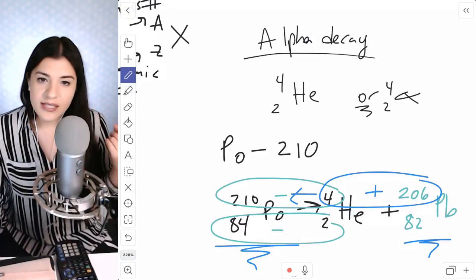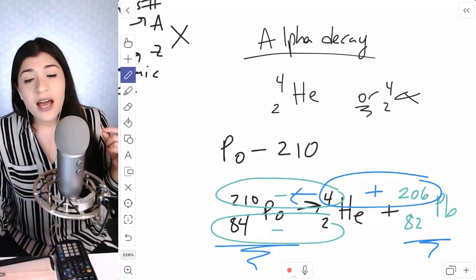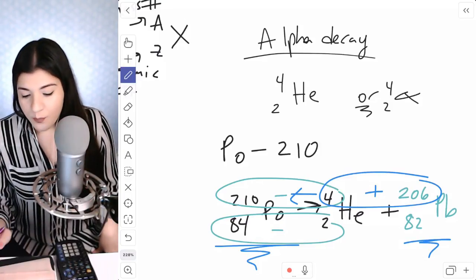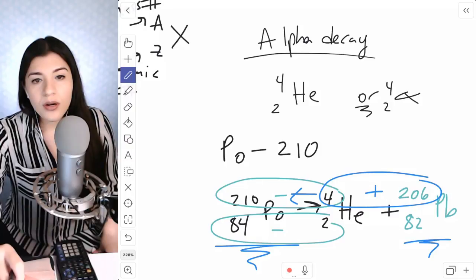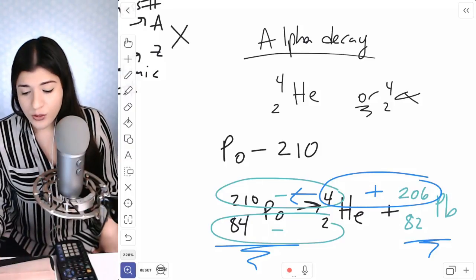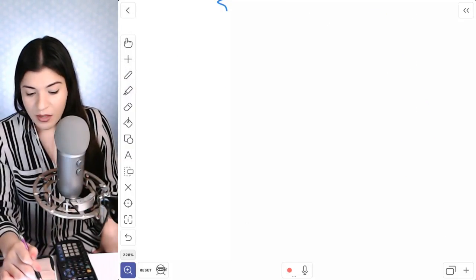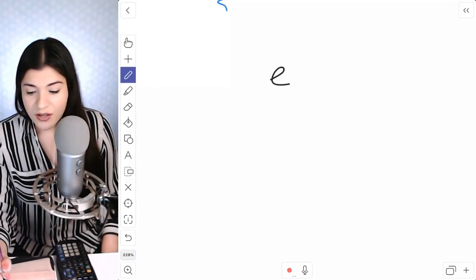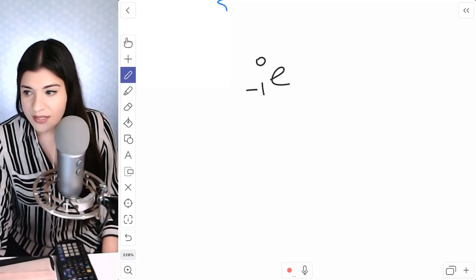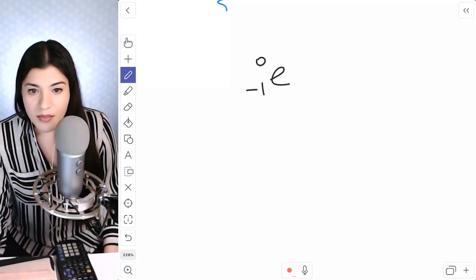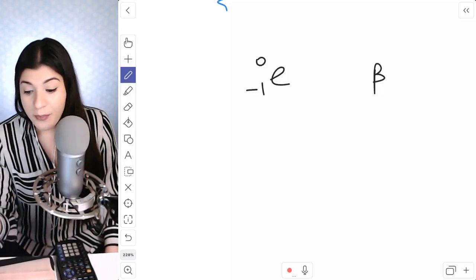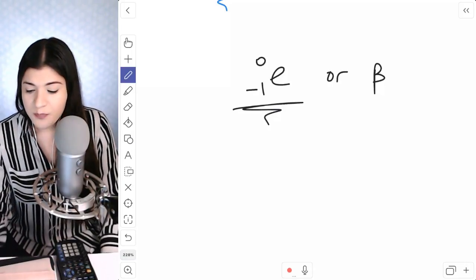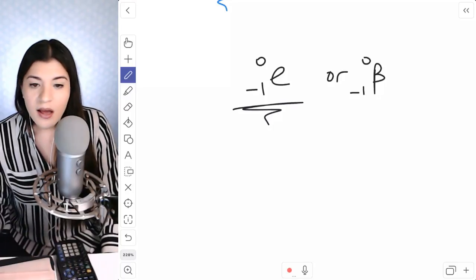So that would have been alpha decay. Once again, alpha decay is the only one where your mass number and your atomic number will change. For beta, only your atomic number is going to change, not the mass number. In beta decay, what you would see is an electron, 0, -1, that would be the symbol, or our other symbol would have been beta, okay? The typical one would have been an electron, that's what I typically always see, but they could also state beta,